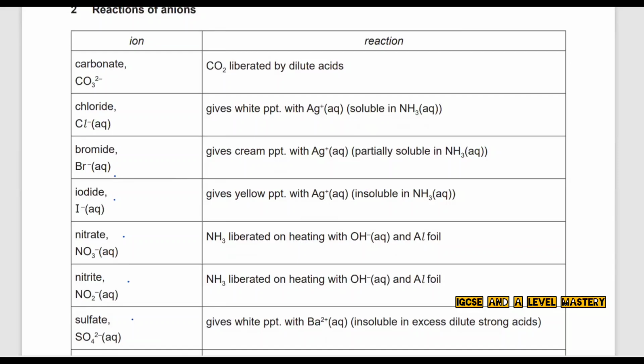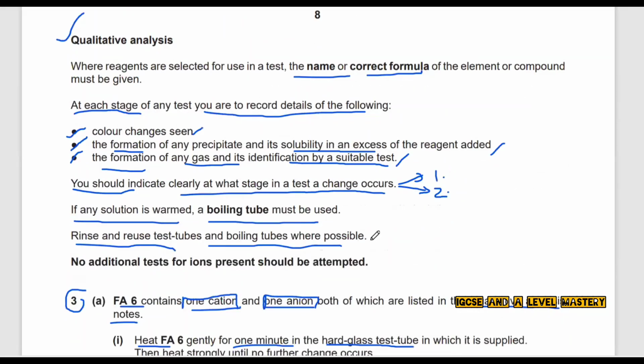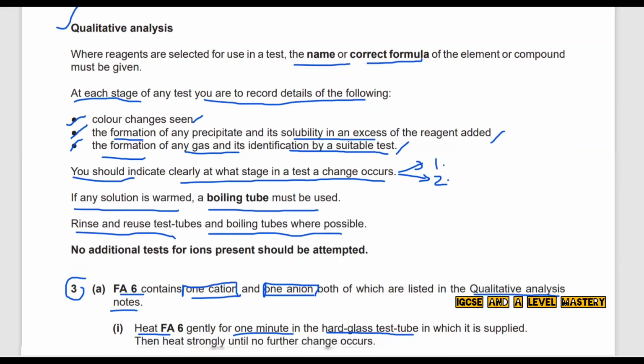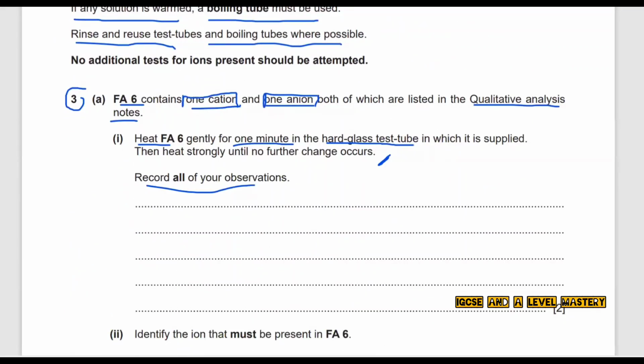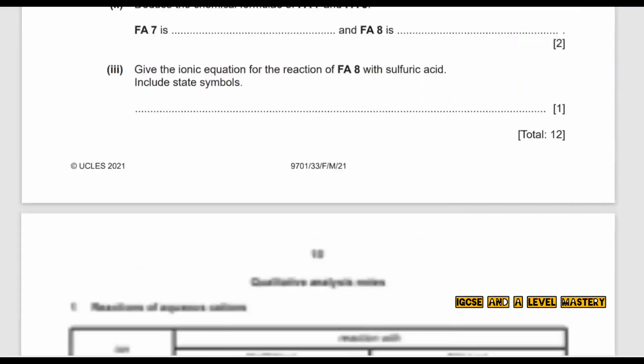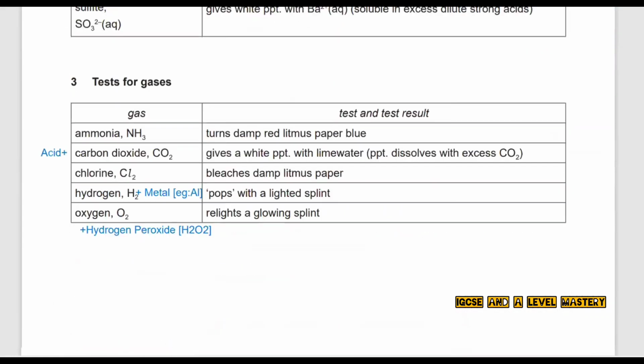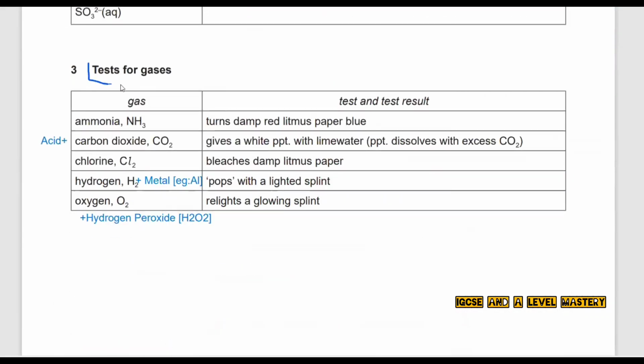Okay. Since it is mentioned that we have to do the formation of gas and identification by a suitable gas test, we might have to do a gas test over here because it has heating over here. So let's understand which gas test to be performed. For that, if you look at the test for gases, there are 5 gases which are ammonia, carbon dioxide,